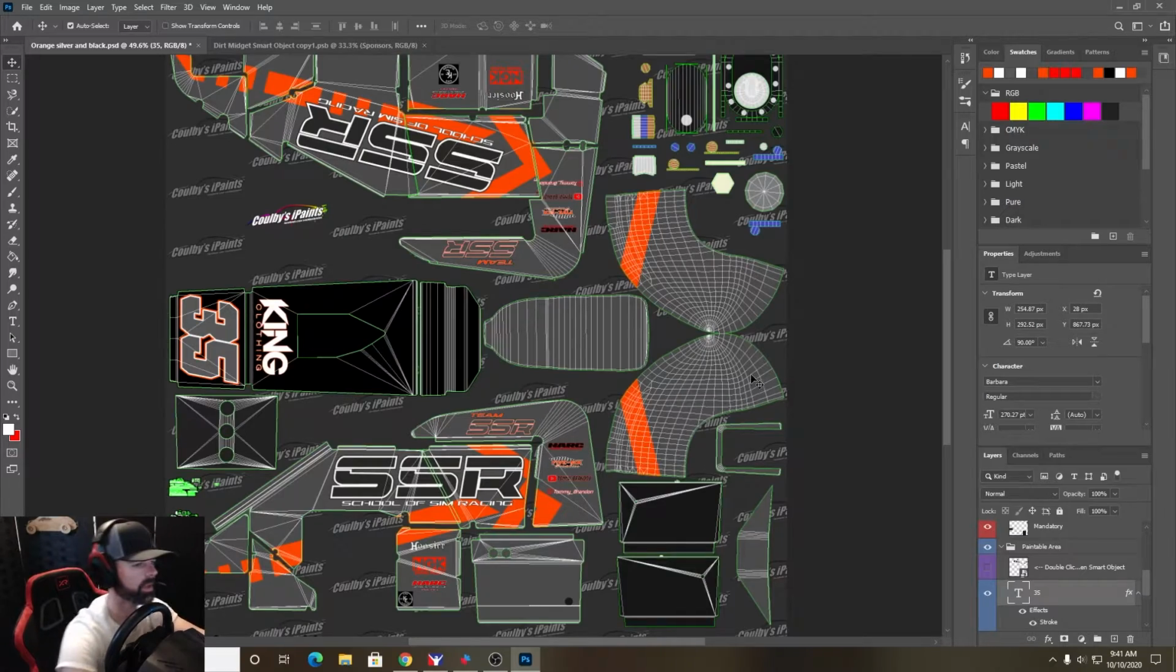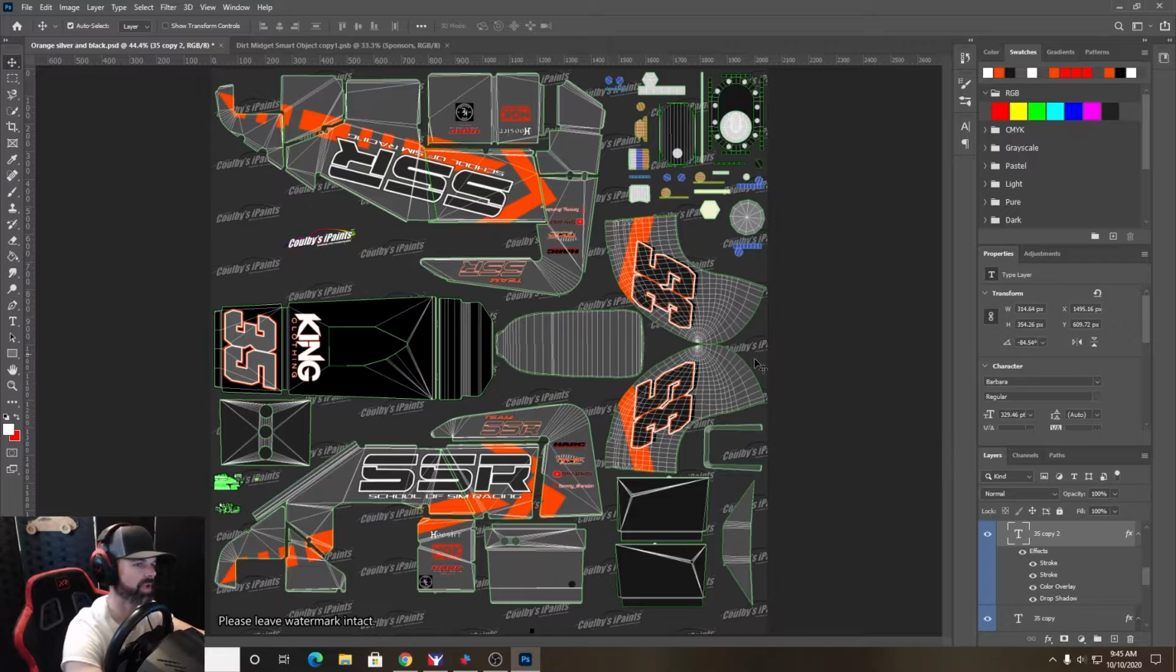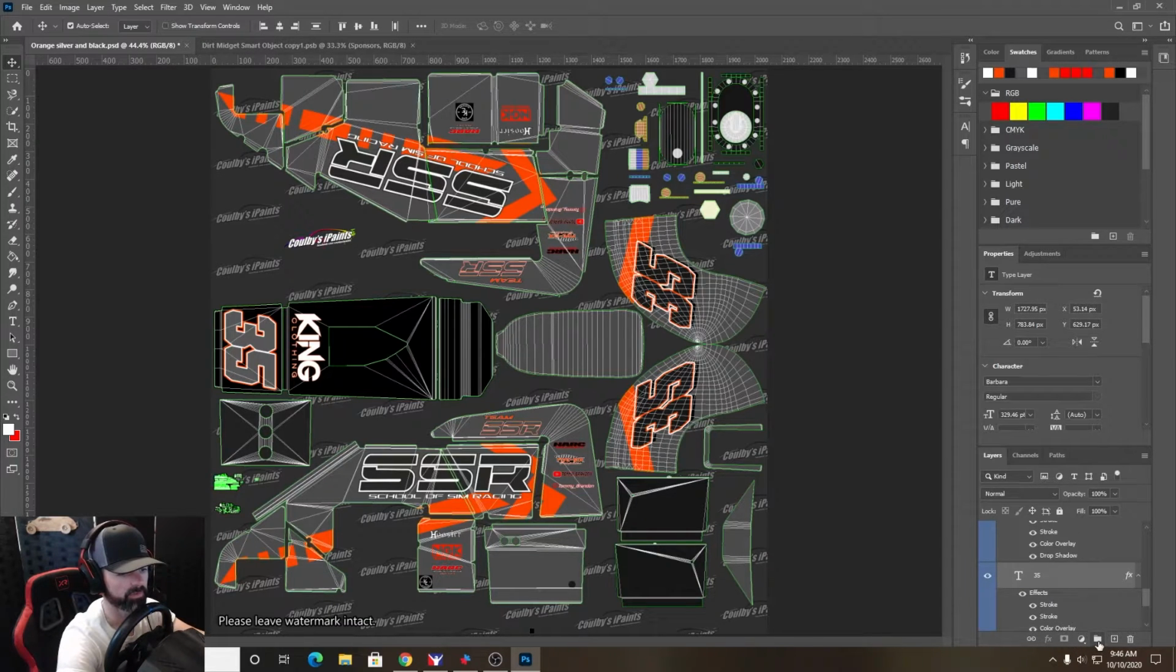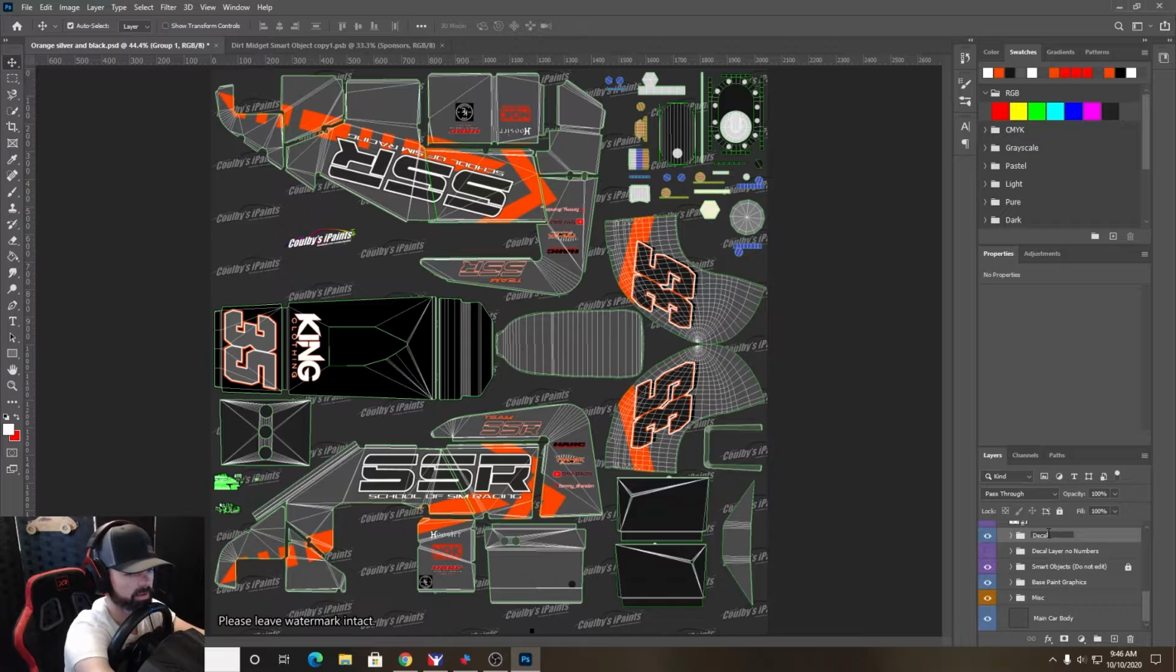All right. So now I need to do the number on my tail tank. So now I've got my custom numbers. So I've got my custom numbers with my decals, and I've got my decals without my custom numbers. So I've got all that taken care of. So what I'm going to do is I'm going to put all of these numbers into a folder. I'm going to call that Decal Layer